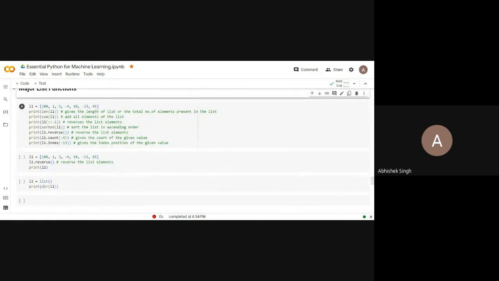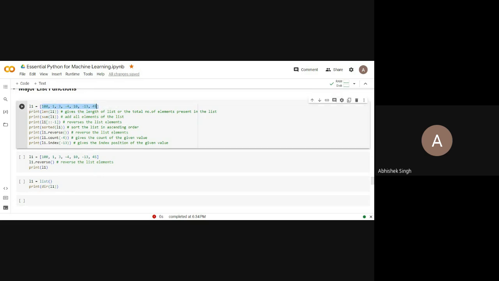Okay, now these are the major functions which are usually used in machine learning. You can find the length, that is how many elements are present in your data set in machine learning, using the len function. If this list has all numbers, then you can use the sum function to add all elements of this list. Using slicing, it is basically saying consider all elements from start to end and then -1. See here, double colon -1.